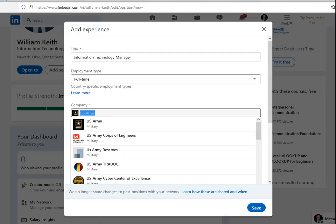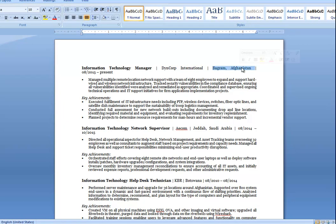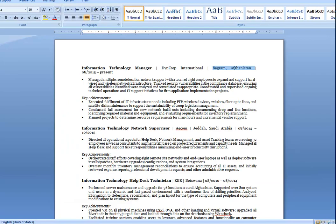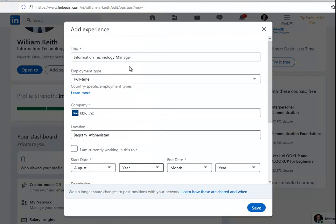But let's go back here. Let's assume, just for keeping this looking good, that it's KBR. So you would choose that. On the location, use what you have on your resume. And it'll give you a lot of different options for things. What these mean when they come up is that others have used those. But you can put in there what you want. If you're currently working there, so let's say we're using this August 2015. So you would put August 2015, and if you're still there,